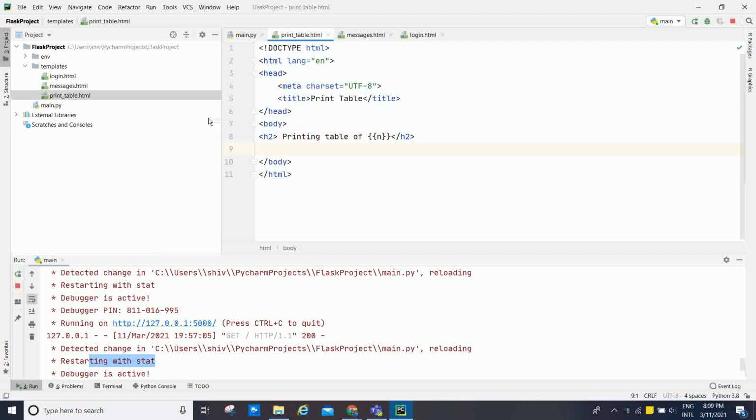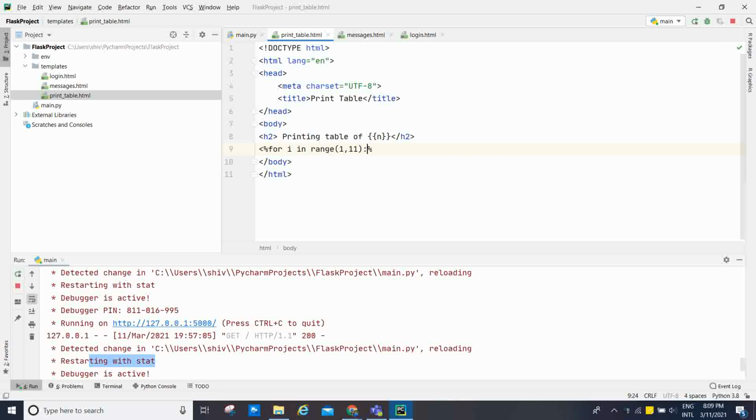Now I am going to use percent, for i in range 1,11, that excludes 11, so 1 to 10.